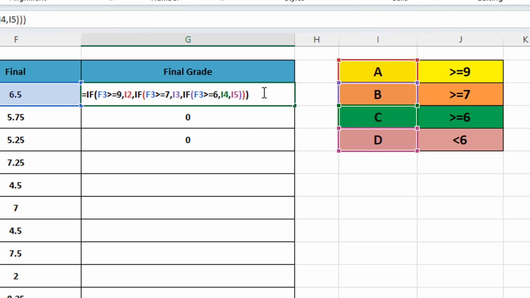Looks fine, right? But when you drag this formula down, the references shift. Instead of always checking the correct grade criteria, Excel starts checking the wrong rows. Excel adjusts cell references when you drag a formula down. So F3 will start checking I3, F4 will check I4 and so on, which completely messes up our grading.